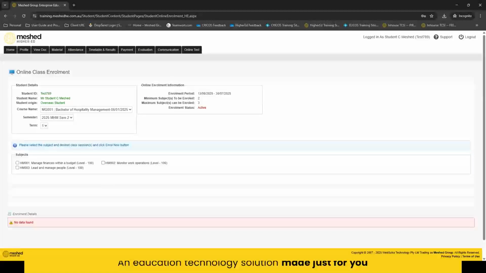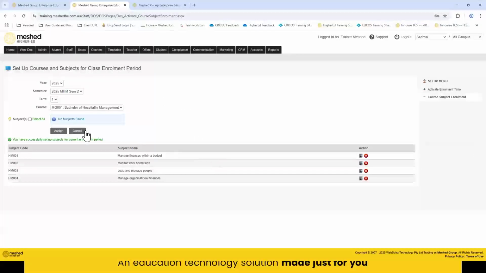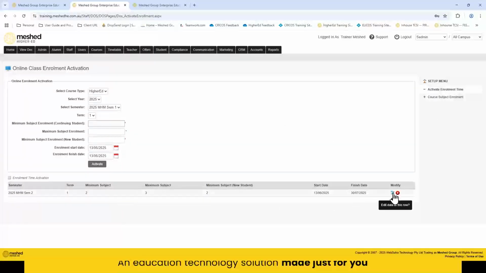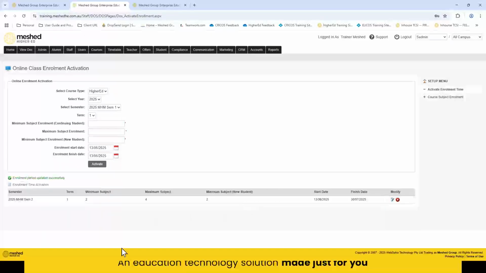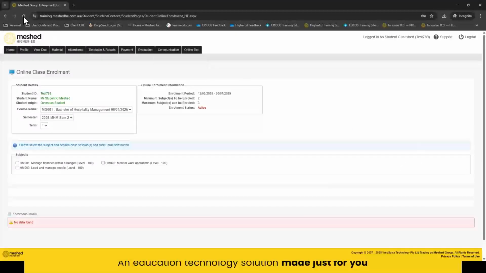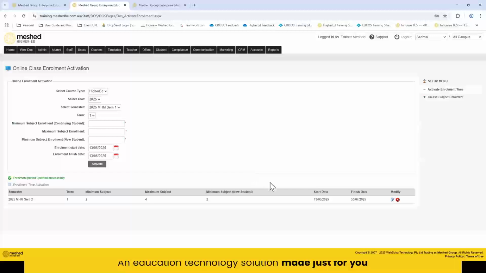Now if I quickly come back and activate and change this to 4, and refresh my screen, even if I change it to 4, there is still 1 subject short. Why is that? Because if I go back to my admin portal again,